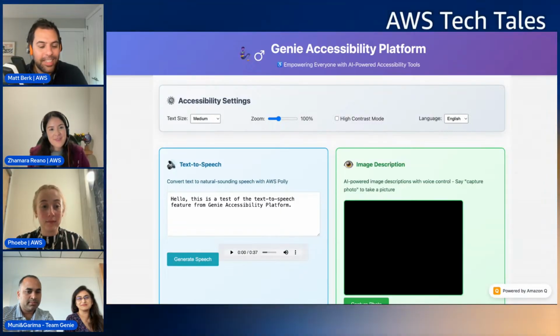But awesome, guys. I was just going to ask a question to Muni and Garima. Is this the first time that you guys participated in a hackathon? First time winning a hackathon? Yes, for me, I can speak for myself. I found out about it in the morning, and since I'm so passionate about accessibility, I said, how did I miss it? And she so graciously said there's one team who's looking for one member, and I just jumped in. The teammates were amazing. This is my first hackathon, and to be a winner is like I'm on cloud 9.